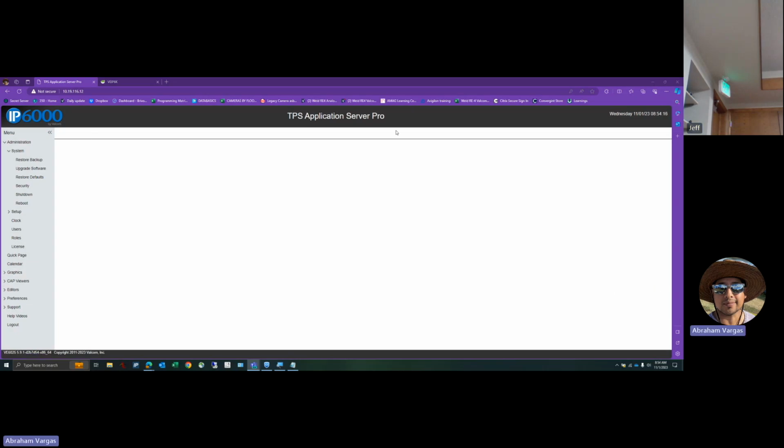So again, looking at the Application Server Pro, this is the admin login. I know Jeff mentioned you're going to be in both, depending on what you're trying to accomplish. If you need to mess with bells, you're going to be here. If you need to mess with hardware and volume, you're probably going to be in the 102B tool. But just to go over the rest of your options here,